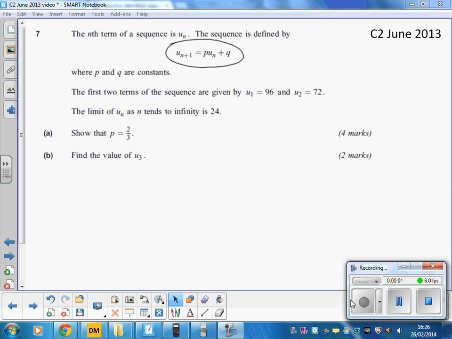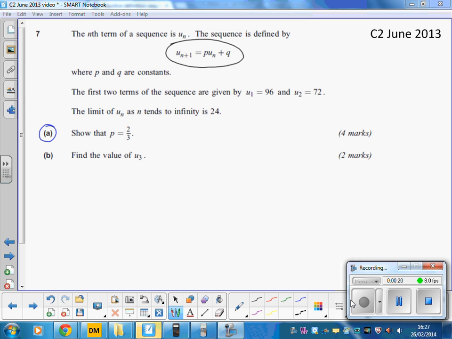Core 2, June 2013, question 7. This is a sequences question, but we've got an inductive definition, so the formula is not going to help you here. So, question 7. First of all, we've been given some information, and we've got to show that P is 2/3